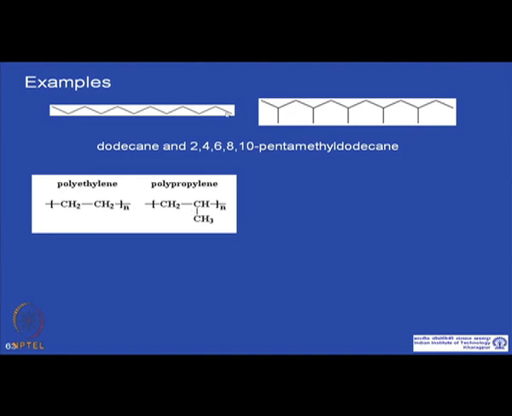Because there is no specific interaction between these two polymers, their enthalpy of mixing is not negative, and because they are of high molecular weight, their entropy of mixing is not contributing enough to the Gibbs energy of mixing. So, they form